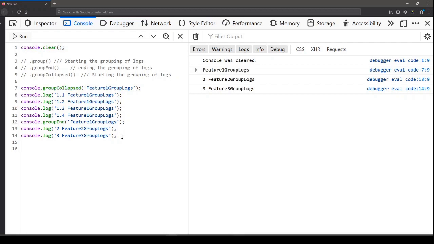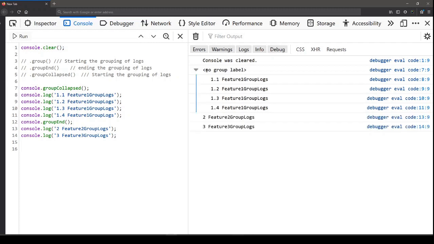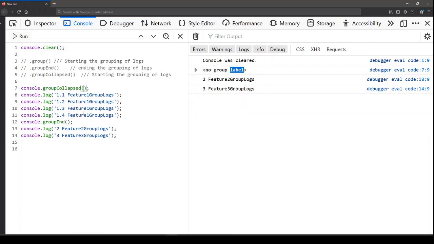And the second thing I wanted to point out is, if you don't provide a name to it, then you will get some message from the browser itself. Now we are going to see what label it is. So now you can see "no group label". You can say name or group label, it is the same thing. So it takes one parameter, which is a label, and you can provide that label. It depends on the browser, so different browsers can have different messages, right?